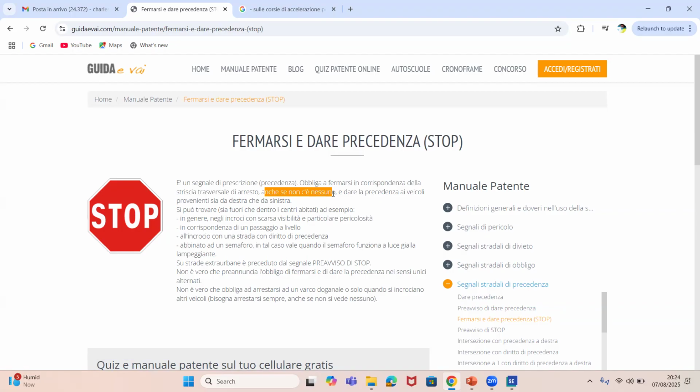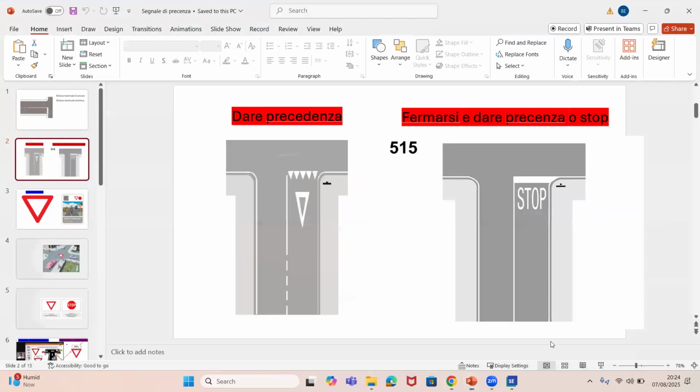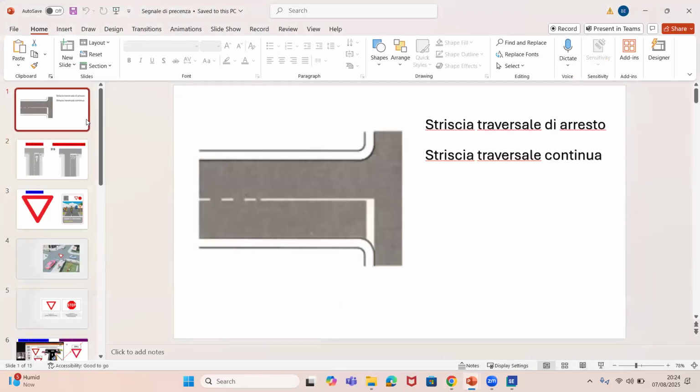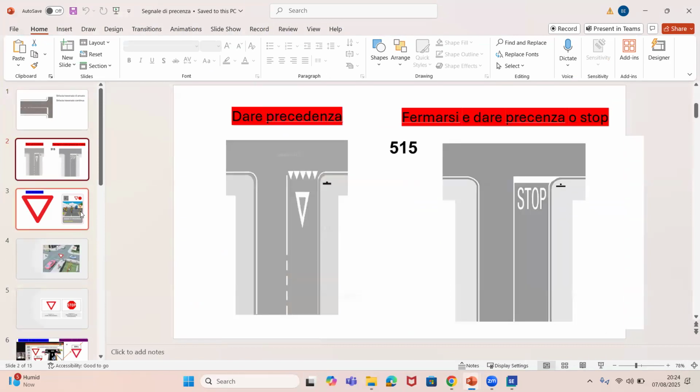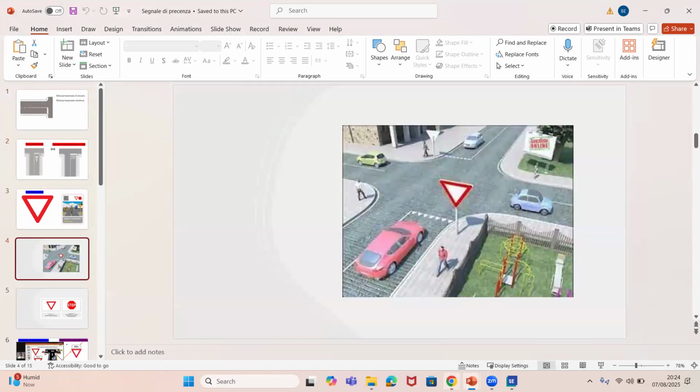Students, I hope in your jotter, you wrote it like this. Fermarsi e dare precedenza means a particular thing. Dare precedenza means another thing. And I hope you treated them the way I treat them. Because me, I will ask question later on. When we come back from break, nobody say, we will not ask question, but next time in our lesson, we will ask question. A student will explain everything the way I explain this slide. I will show you pictures, you start explaining this. From this guy, you enter here, the way I explain everything.